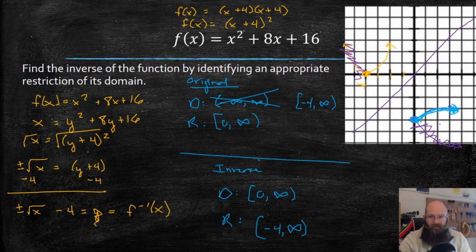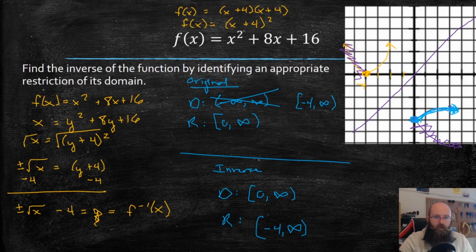So, does that match this? My domain, 0 to infinity. Start at 0, and I go to the right. Cool. Range. Start at negative 4, and I go up to infinity. Sweet, that's it. So, my answer to all of this,